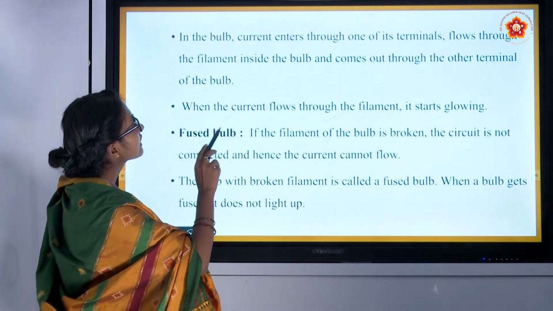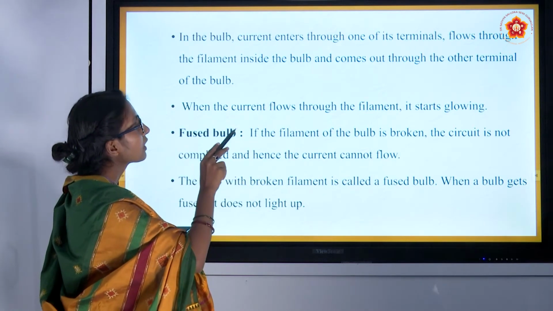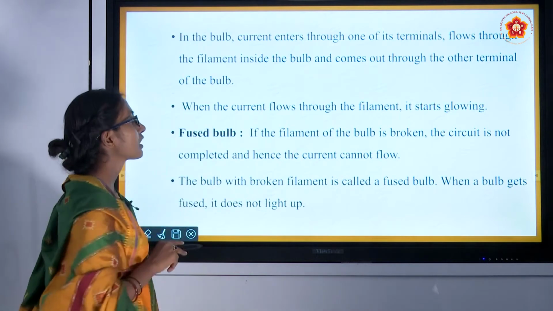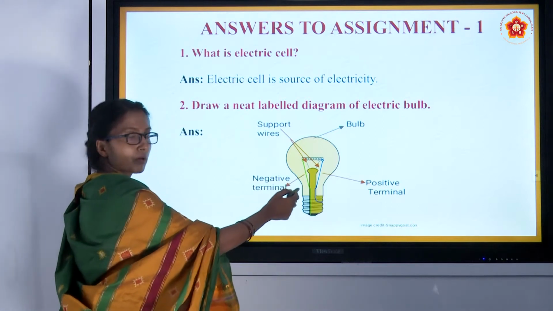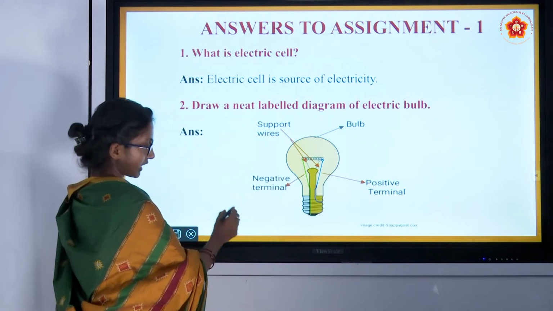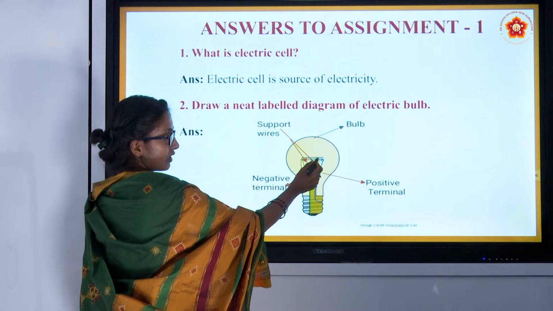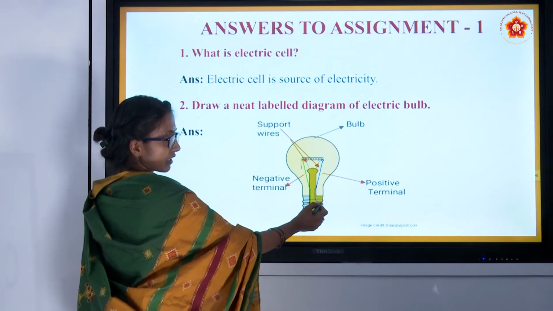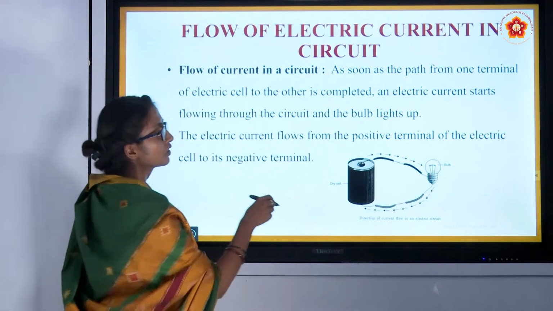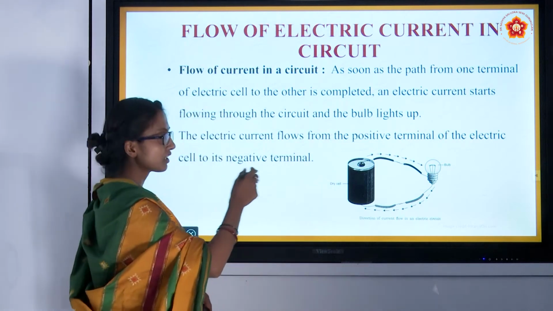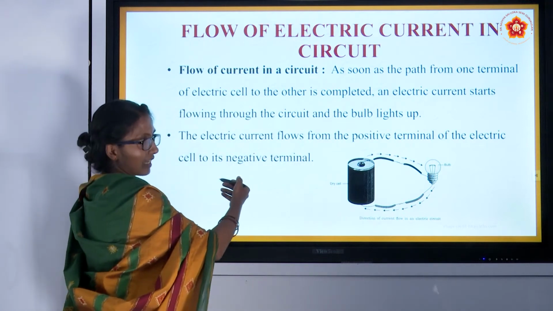In the bulb, current enters through one of its terminals, flows through the filament inside the bulb and comes out through the other terminal of the bulb. See, you know this bulb, right? If it is connected to the cell, the current flows through it. You can't identify the terminals prominently in this small bulb, so I showed them in the last slide. See here,